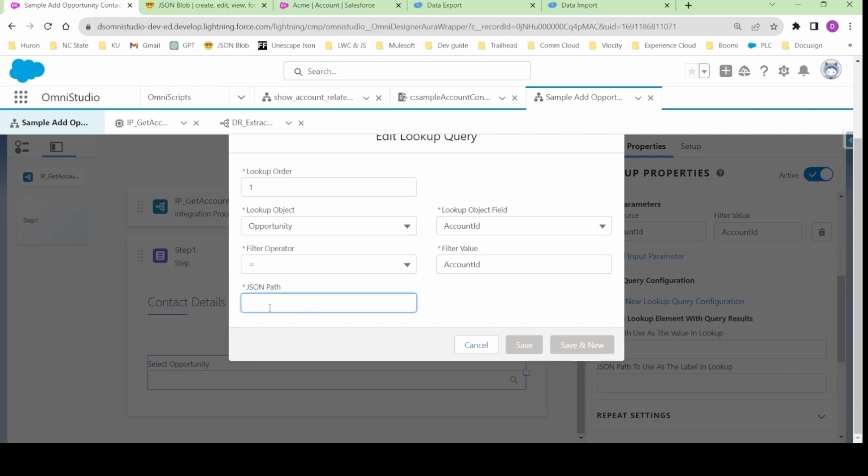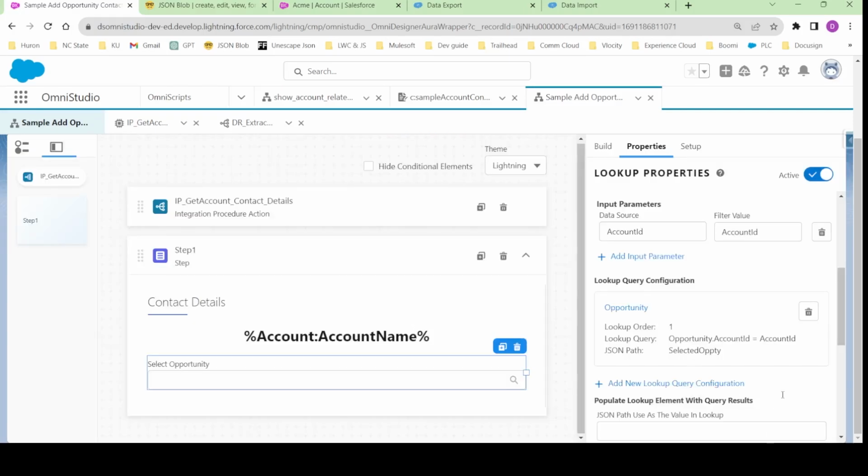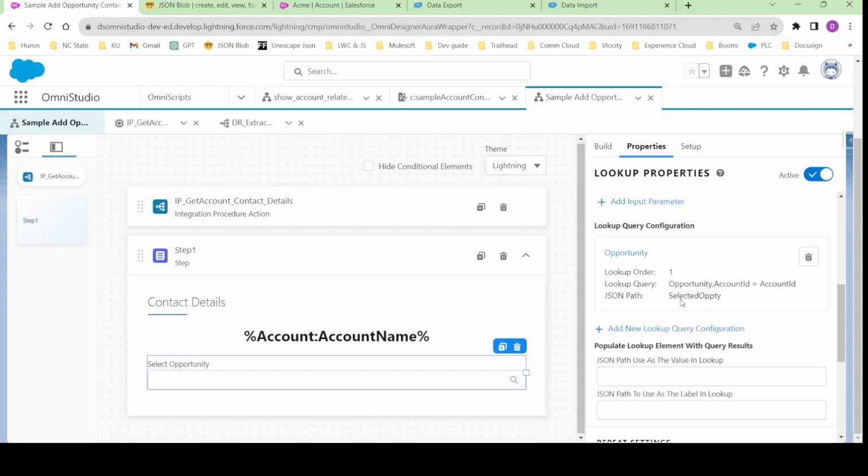All right. And there is something called JSON path. I'll write as selected opportunity. Okay, and we are also going to use this JSON path in future. So you see, this data source I am passing it as here. You can also pass name it as context ID instead of account ID, right? We don't need that from integration procedure. Either way, it is fine. So we get this context ID and we filter it using account ID, and using account ID we get the